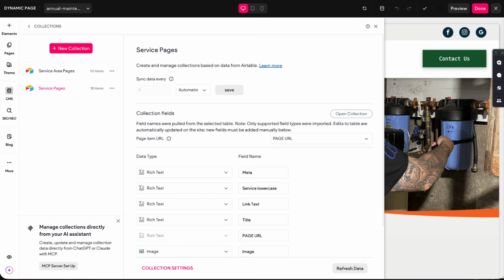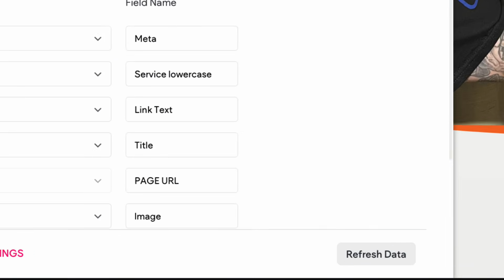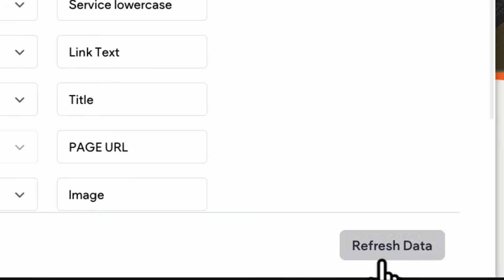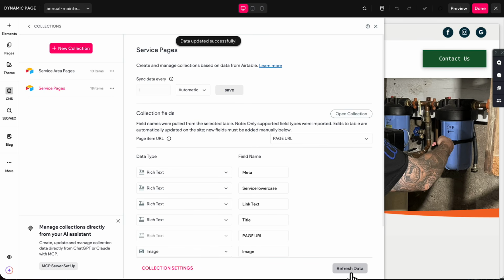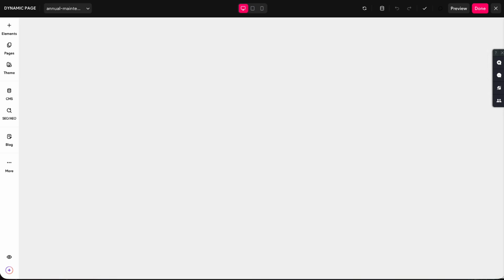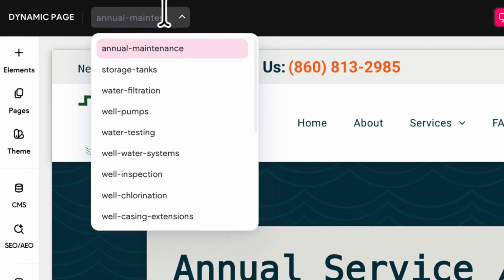So when I'm in the actual editor, in the collections, for this piece of content to reflect on the website, I'm just going to tap on this refresh data field here, and that's going to refresh that table with the Duda website so the connection is synced. Now I'm going to refresh it, and if I navigate down